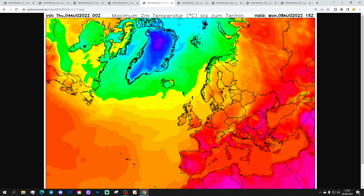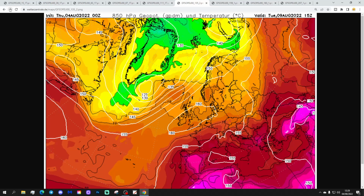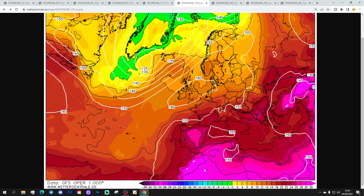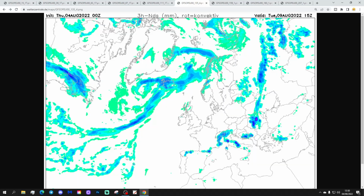Even Scandinavia is beginning to get a little bit warmer by the time we get through into Monday. Tuesday, big area of high pressure dominates across many parts of Europe. Upper air temperatures look very hot again in the south of Europe, through the Mediterranean in particular, and into Spain. It looks really hot, and that heat is gradually lifting its way northwards into southern and central parts of France as well, turning very warm under the area of high pressure for the rest of Europe, with the strong August sunshine